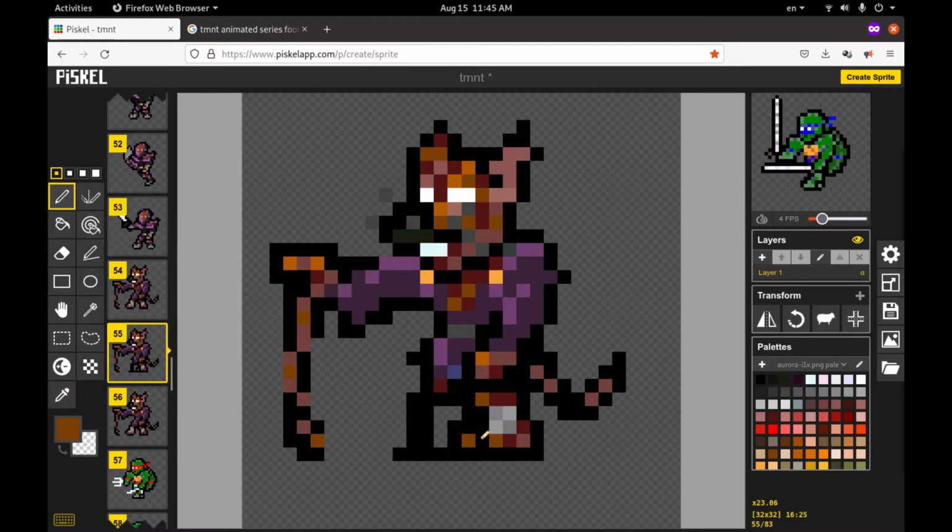That will be his feet, and I'll use this color here to pick some of these other colors for his legs, of course. Alright, and I want this color red here, and now